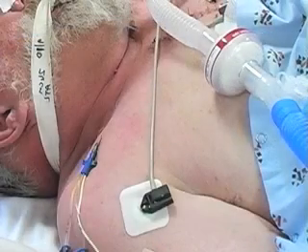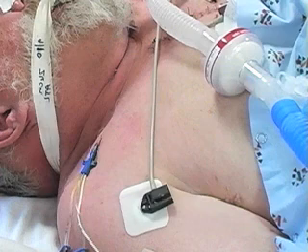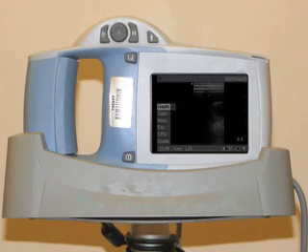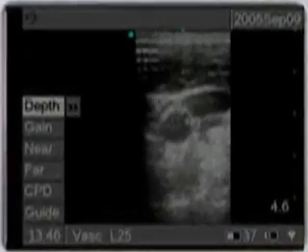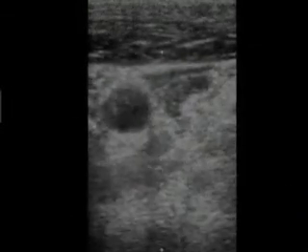Following these landmarks can be challenging in the obese patient. Ultrasonographic guidance is becoming the standard of care in the placement of a central line. It can help to illustrate aberrations in the anatomy, facilitate rapid placement of the central line, and decrease the risk